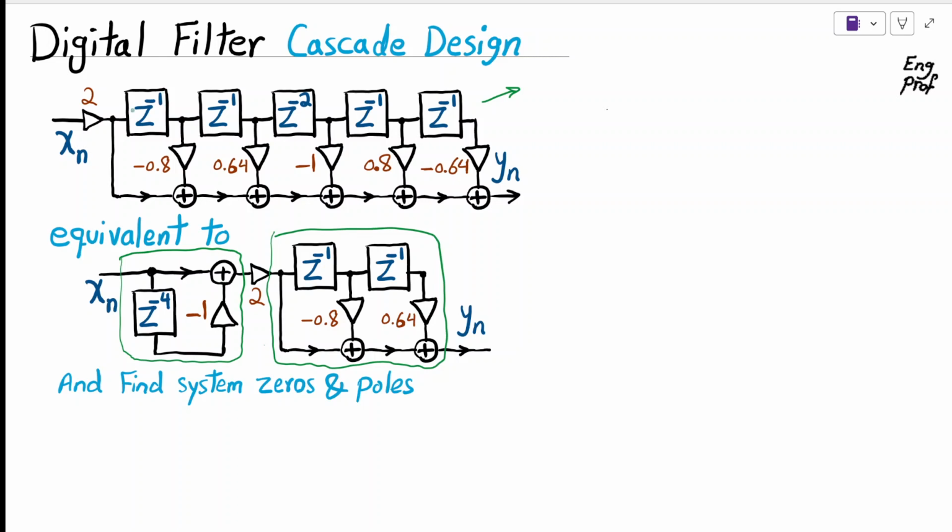Let's do that. What we are seeing here is effectively 2 times x[n-1], and here we are seeing 2 times x[n-2], and then here we have, be careful, it's negative 2, so it's 2 times x[n-4], and finally at the end we have 2 times x[n-5], and then at this node we have 2 times x[n-6]. So with them in mind, given that we are multiplying these samples with the corresponding coefficients shown here and then adding them up together in this chain of adders to find the output sample y[n],